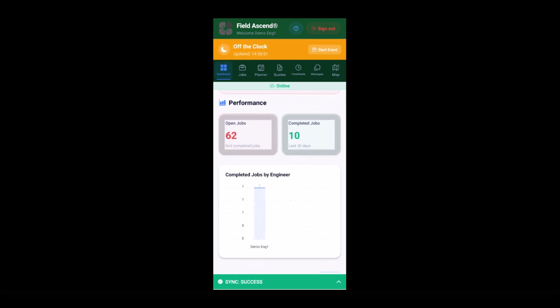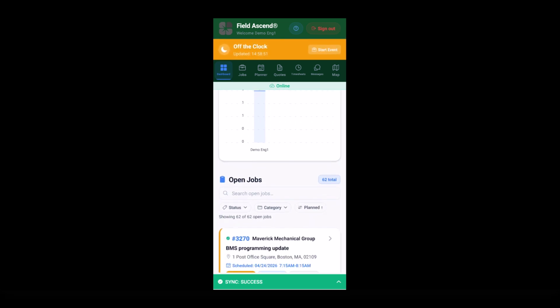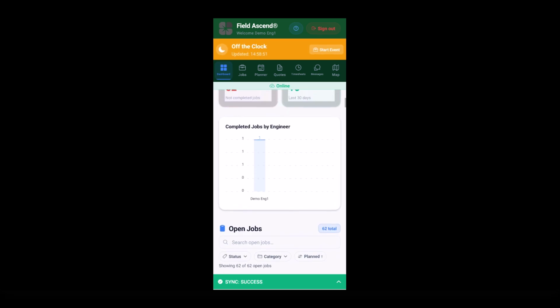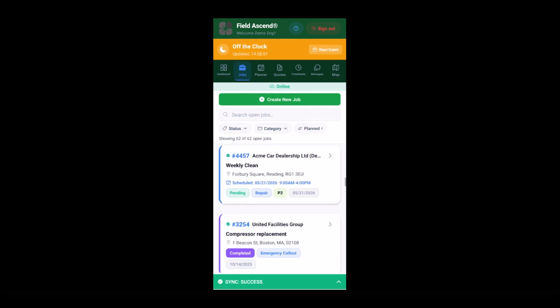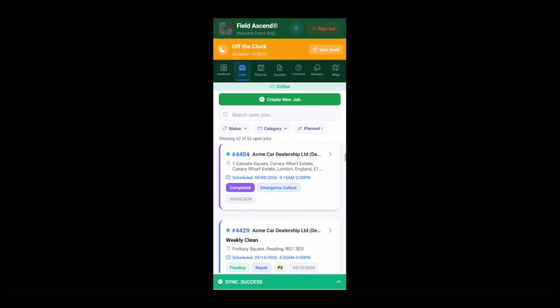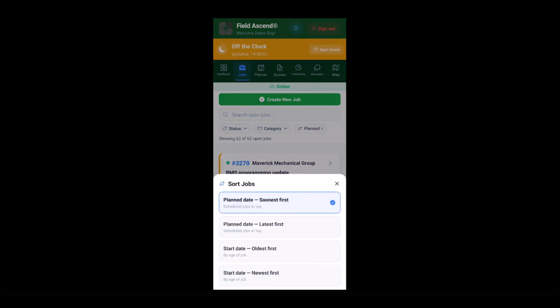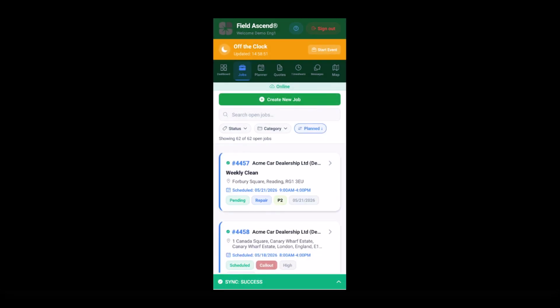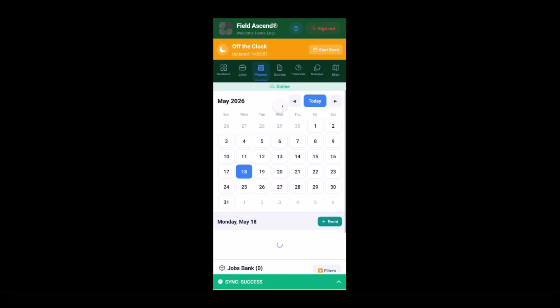And alongside all of that, we can set up performance indicators, specific measures to keep your engineers tracked against the standards you care about, day to day, across the whole team. Next is the main jobs page, which lists every job assigned to the engineer. We can search through the list, filter by category, and reorder it. For example, we can sort by planned in date, latest first, to see the most recently scheduled jobs at the